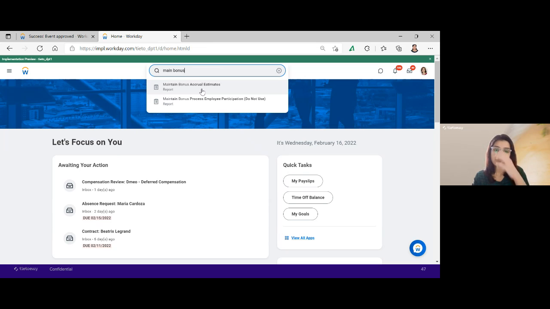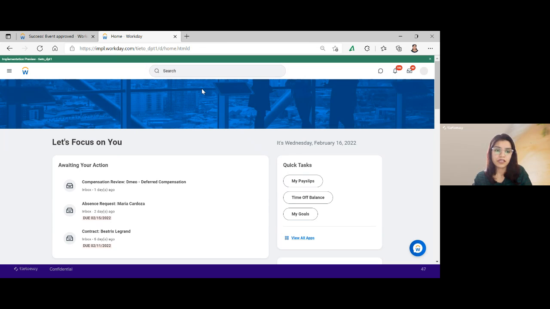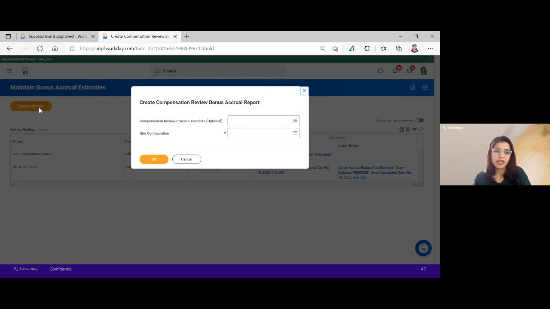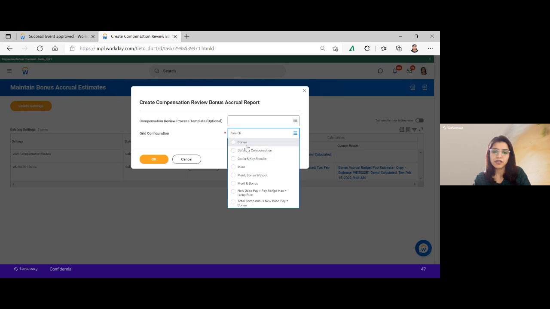So let's go to the maintain bonus accrual estimate reports. And you can see here that I have created a couple of settings. So this is the new button, not a new button, but this is a button that they have renamed. It's just called now create settings. And when you are creating the settings, you can